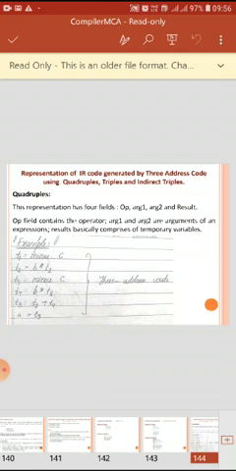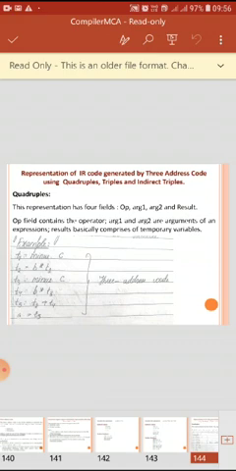intermediate representation. However, if I want that intermediate representation that has been generated using three address code to be further translated into a representation that shows the data structure representation, I would be using the quadruple, triples and indirect triples methods. Now the first method is quadruple.